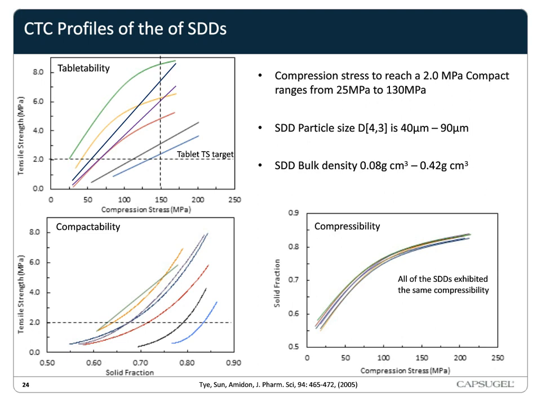Compressibility describes the volume reduction of a powder bed, in this case the SDD, in a confined space, in this case the die, caused by the application of force. This is generally similar for a given SDD formulation, but does not depend on particle surface area or morphology.